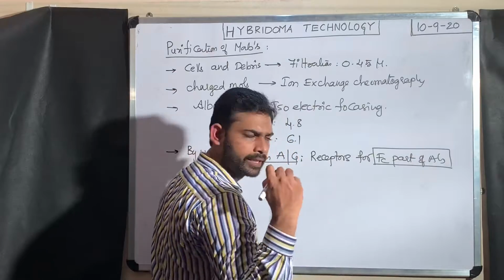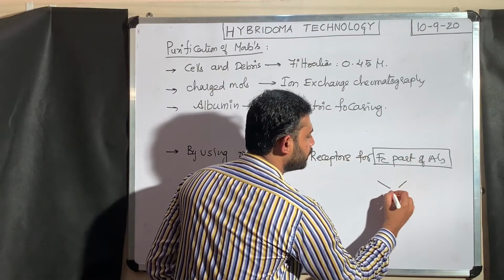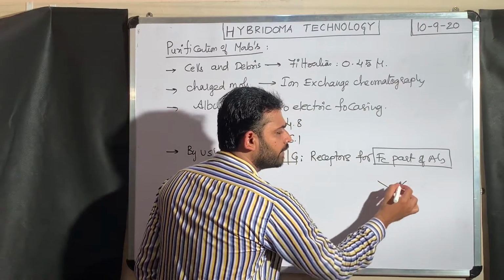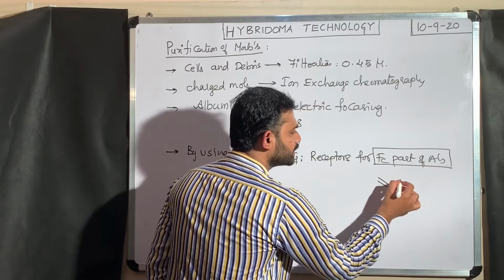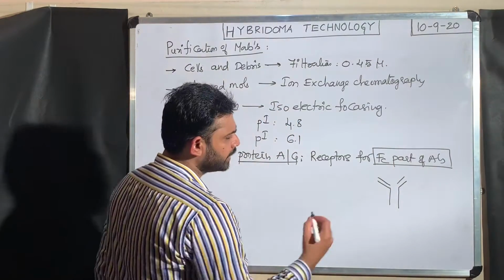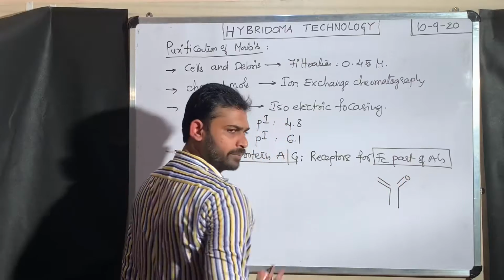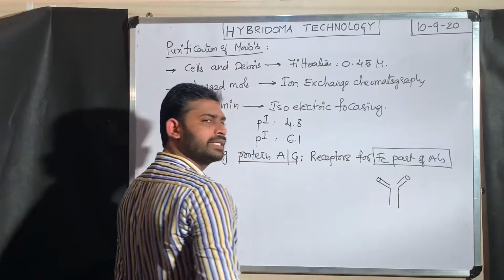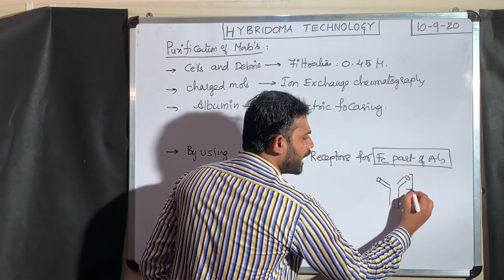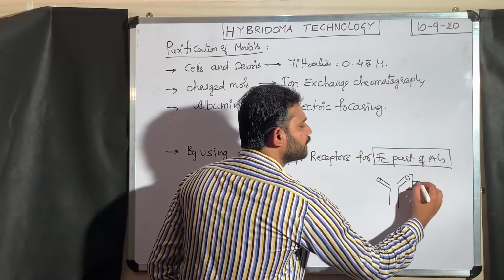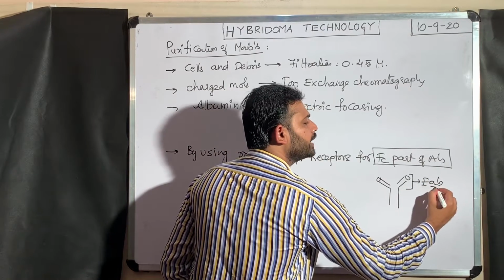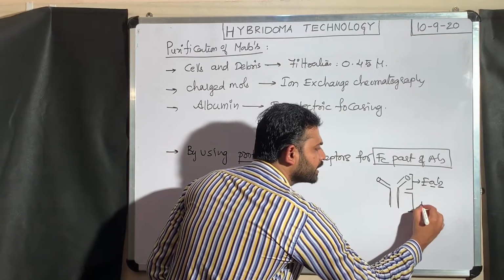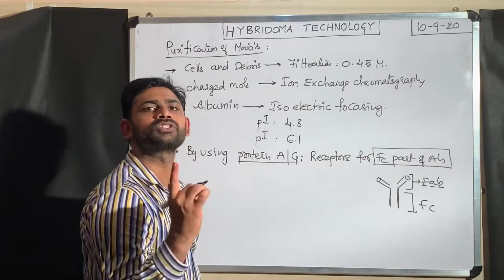For example, if you take the rough structure of an antibody like this, these two are heavy chains, this is one heavy chain and this is the other heavy chain. This is one light chain, this is the other light chain. This is an antibody, the basic structure of an antibody. Here one antigen can bind, and here another antigen can bind. This portion where the antigen can bind is called the Fab region, the fragment of antigen binding. The lower portion where only heavy chains are present is the Fc portion, that is the fragment of crystallizable.